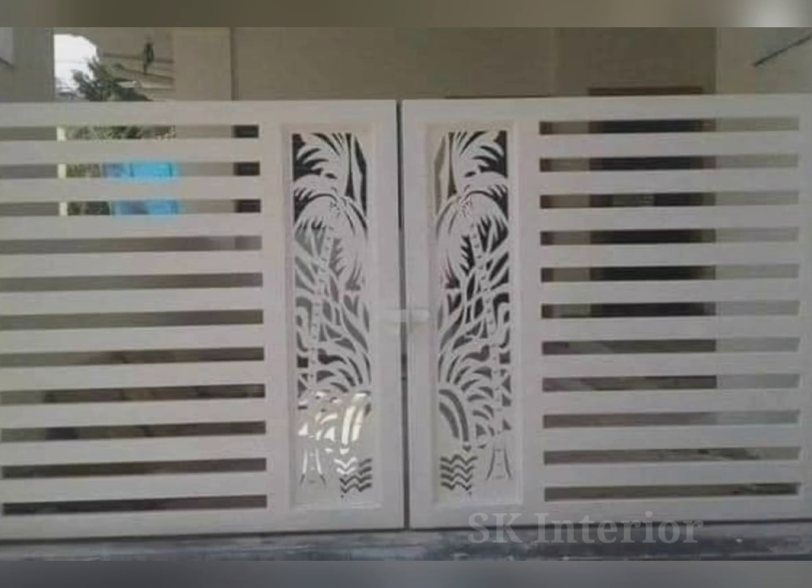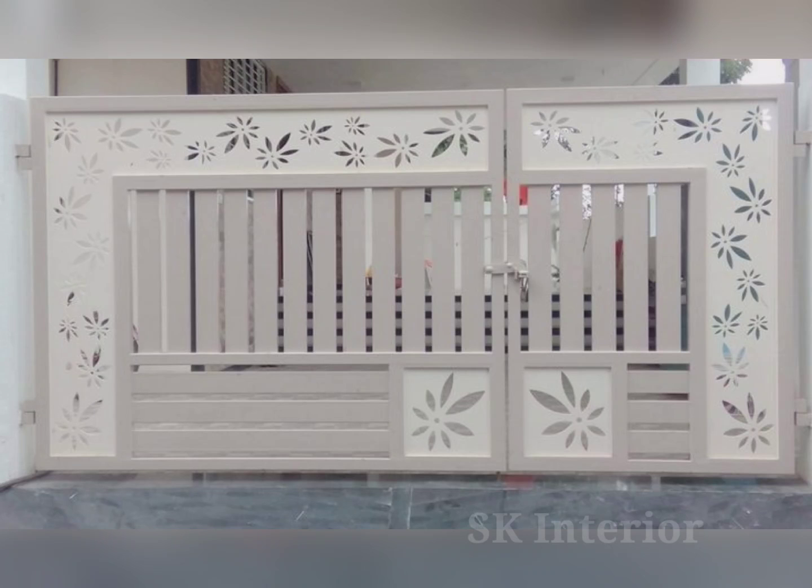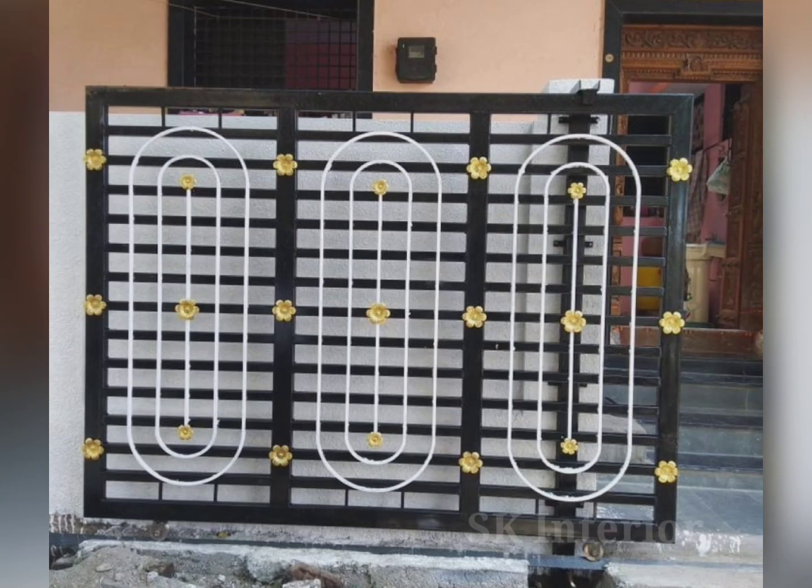A front gate is an important feature of any house. They are in charge of the house's safety and security, as well as its privacy. With so many varieties, it may be difficult to decide what